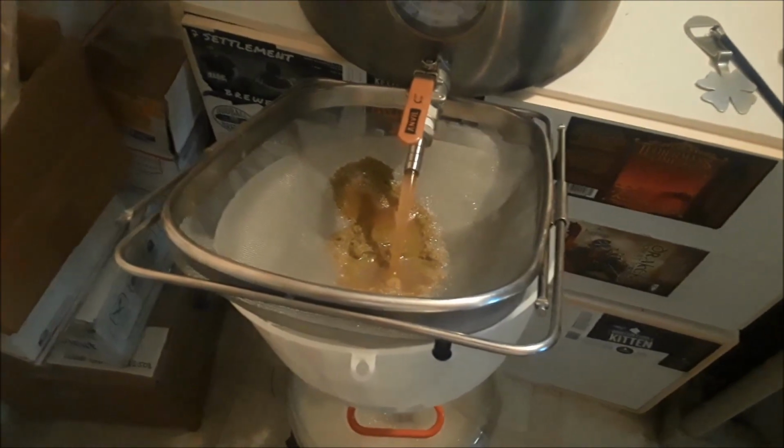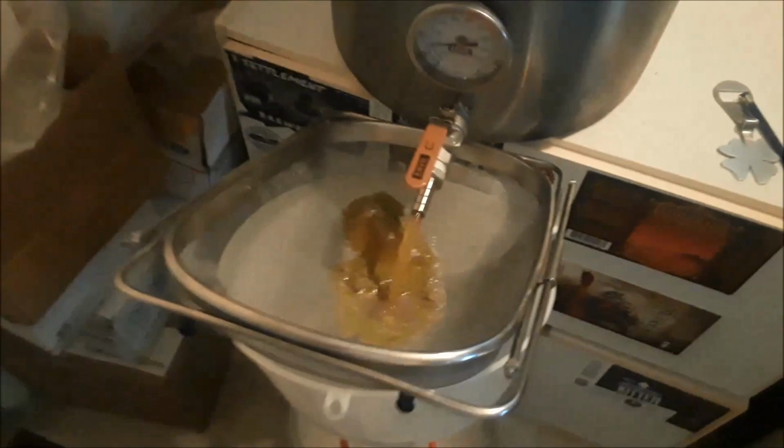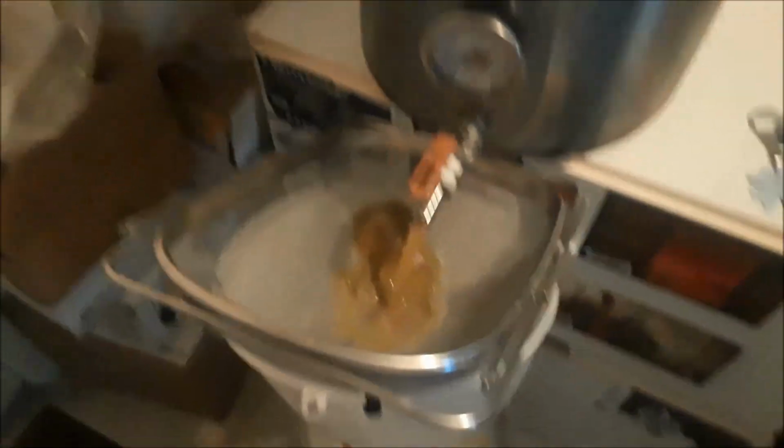Okay, so just running off the wort into my fermenter. The final, or the starting gravity, sorry, it came out to a 1067 total, so it was supposed to be a 1075 starting gravity. So depending on where this yeast basically goes, which I'm guessing will probably drop a little bit lower